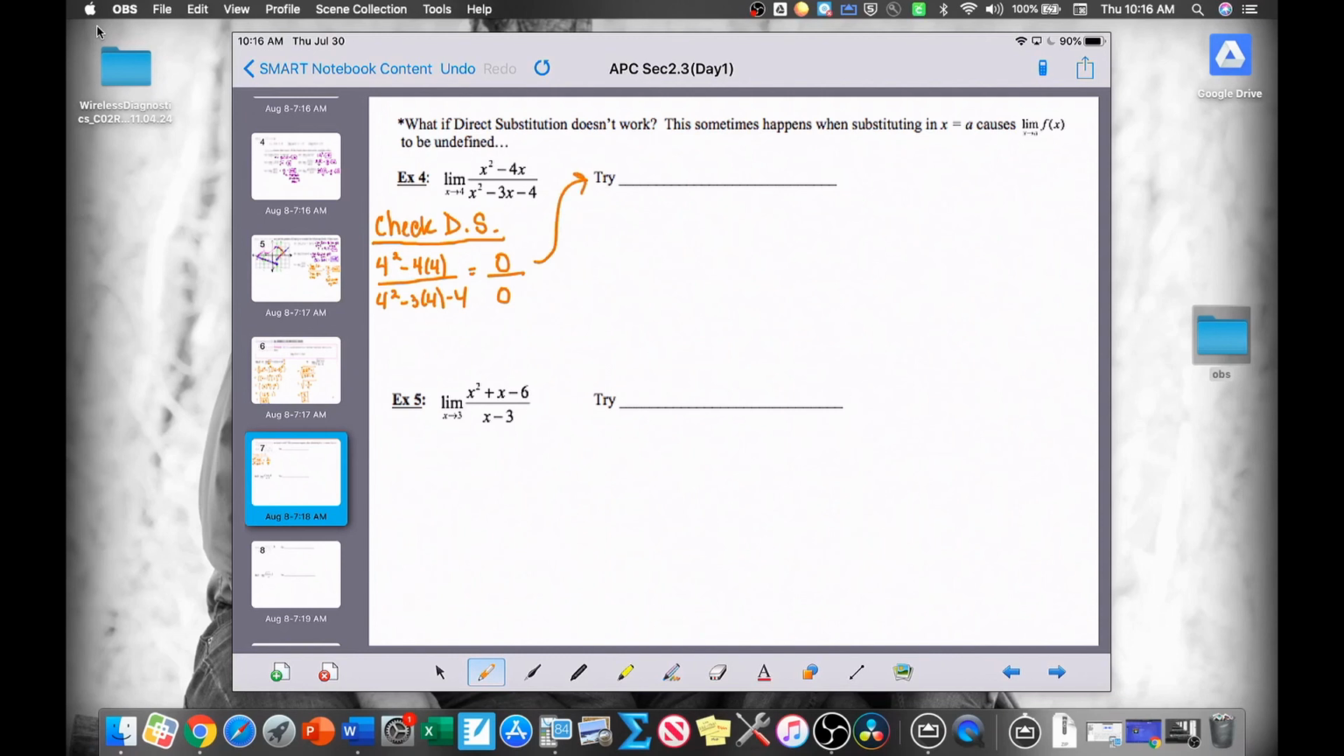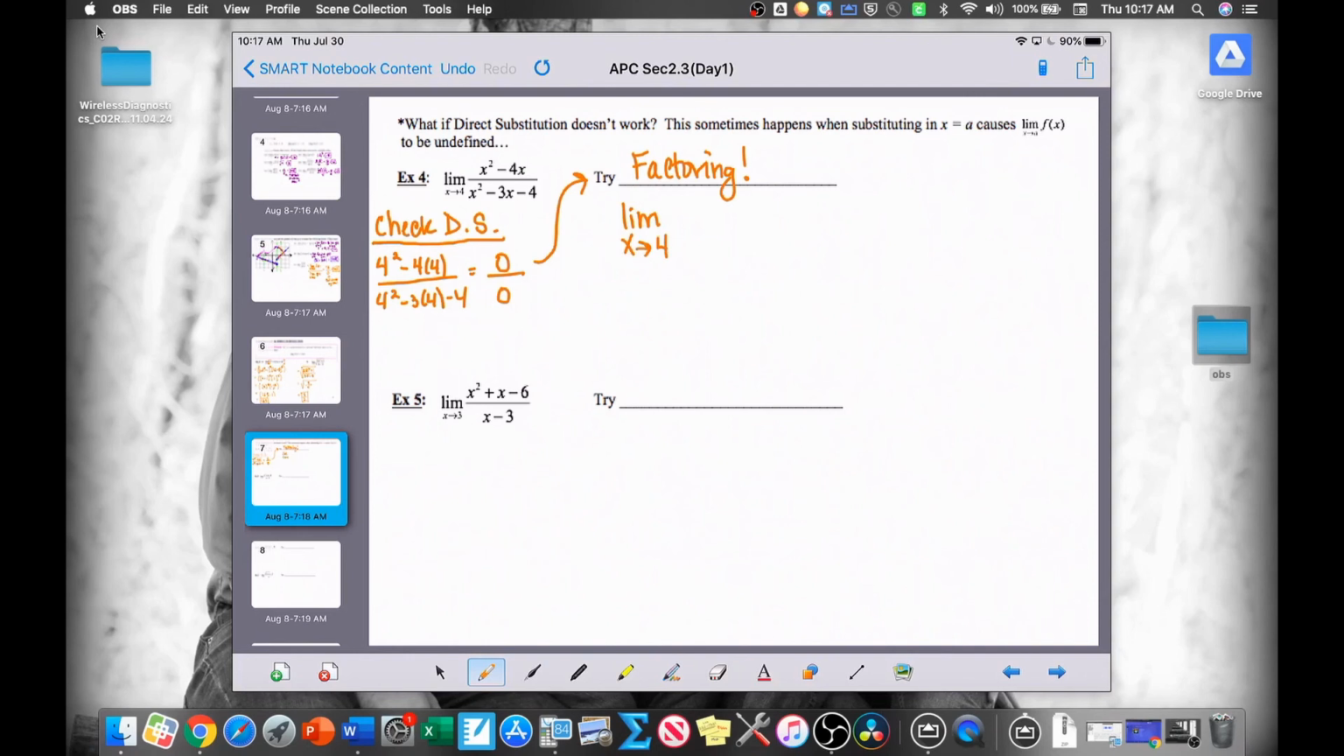So, based on this, since I have a polynomial in my numerator and a polynomial in my denominator, I'm going to try factoring and see if that gets me anywhere. Because remember, sometimes we end up with a factor that is the same in the numerator and the denominator that's causing that 0 over 0 situation because we have a hole. So if we can cross that out, then we can evaluate the limit. So let's try factoring. This is going to be equal to the limit as x approaches 4 of